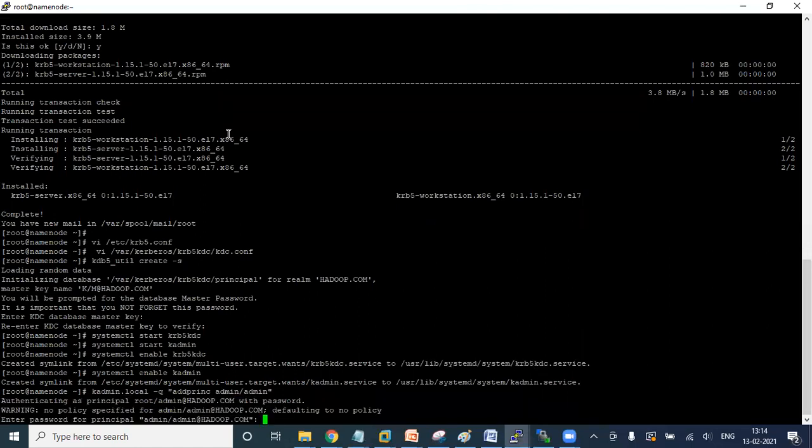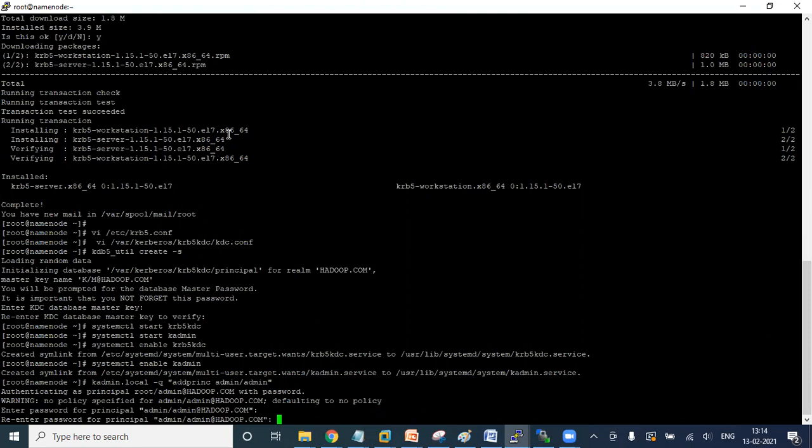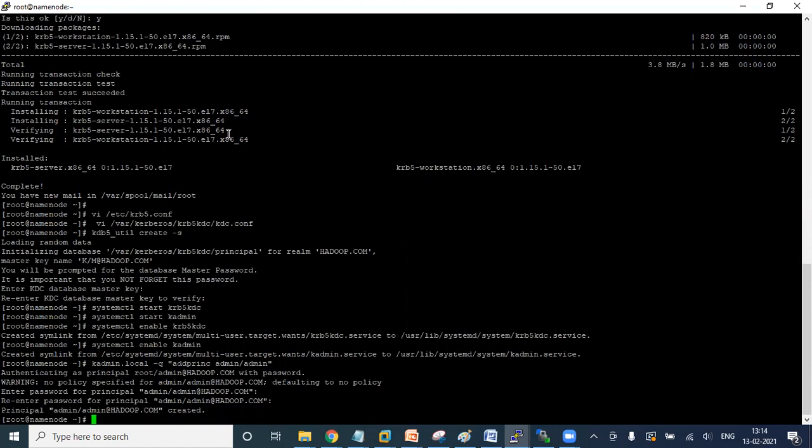Enter the password for this. Created admin/admin at our realm name, what we defined in the configuration file. This is my realm name, and the super user is created.